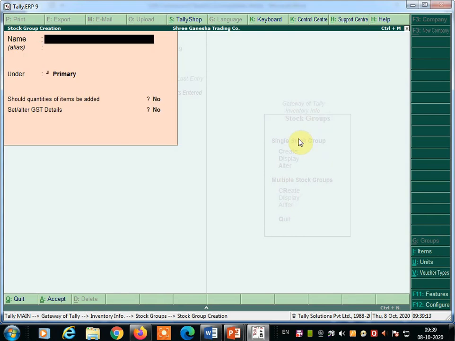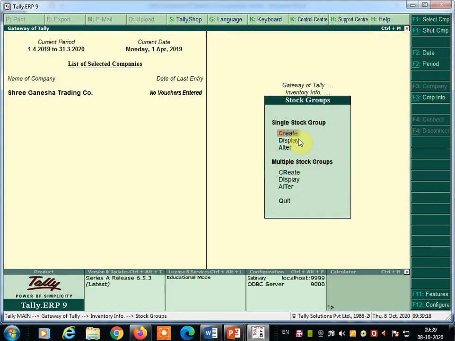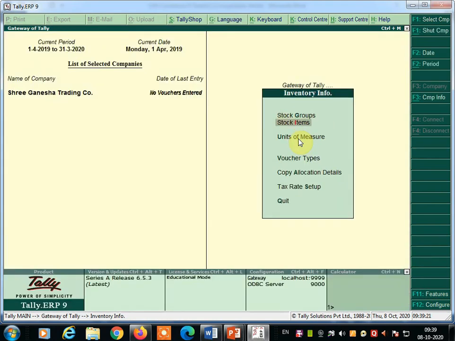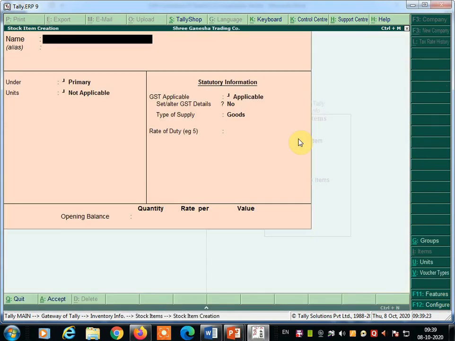Okay, next we are going to create a stock item, so again press escape key, come out and create a stock item. So stock item, create. Yes, the stock item we are going to create is CCTV.